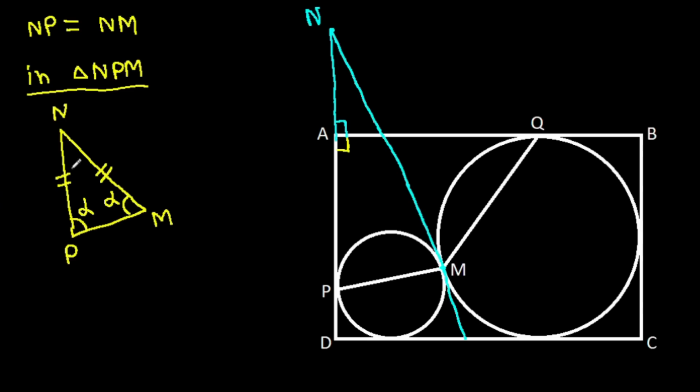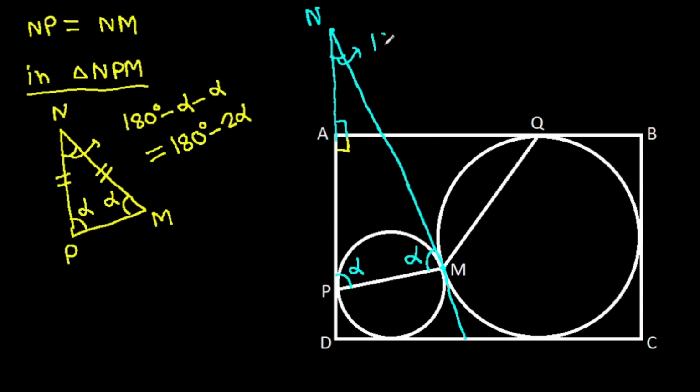Suppose alpha, so if this angle is alpha, then this angle, it will be alpha, and this angle, it will be 180 degrees minus 2 alpha,